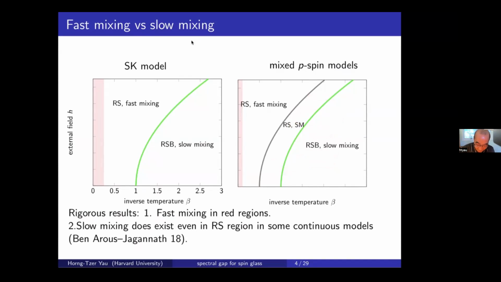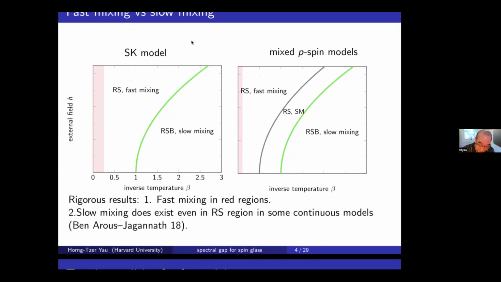if it's a continuous case, then in the so-called spherical models, one actually can see that there is a slow mixing in these regions. I mean, it's not clear that this will really reach this conjectural line, but in any case, the slow mixing actually cuts into the high temperature regions. So the dynamical transition and the static transition are different. So now for discrete,